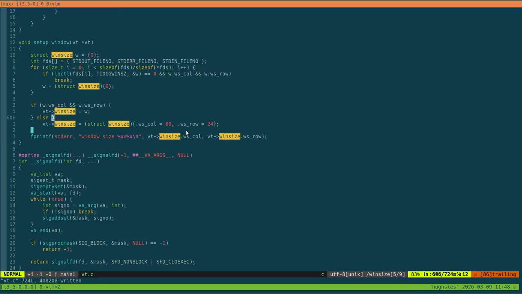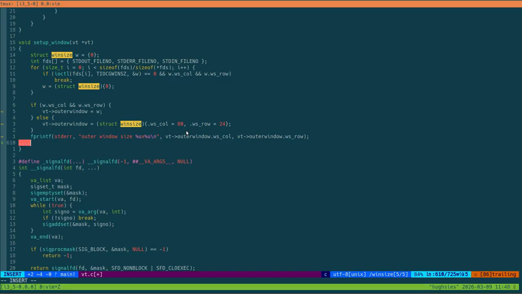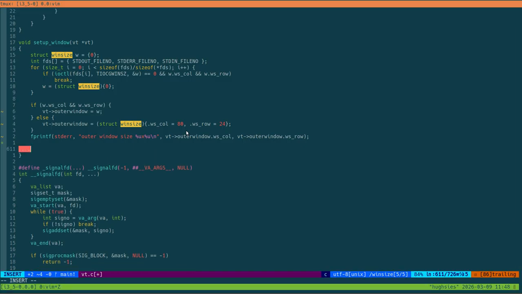Cool. So at this point here, we would need to say outer window. Use that. We can say window. Use that, and we can just say what the outer window is. Outer window size. So here we can now say the inner window size. So VT inner window